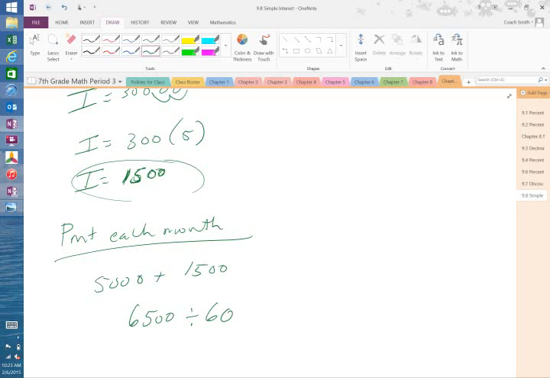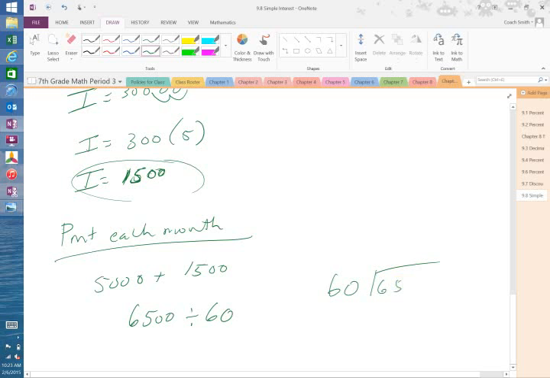5 years. How many months are in 5 years? 60. Okay. So if I'm paying it back in 4 years, then it's 48 months, because you make monthly payments most of the time. Okay? And so if you divide 60